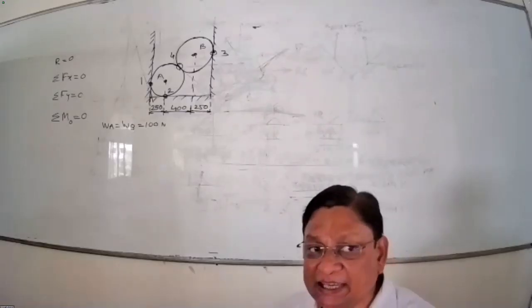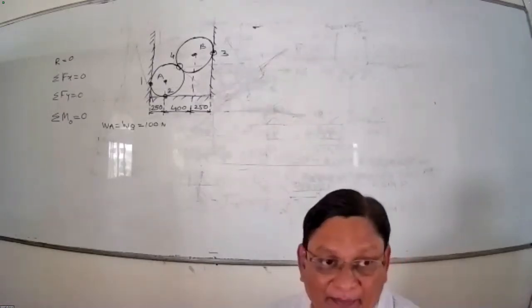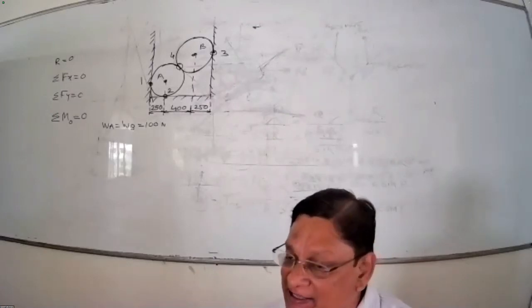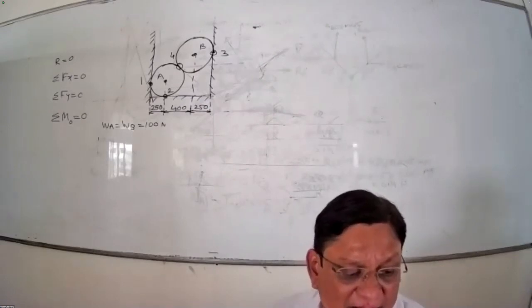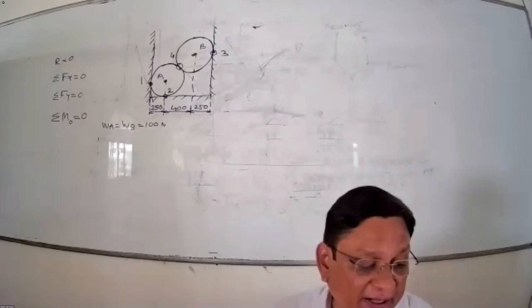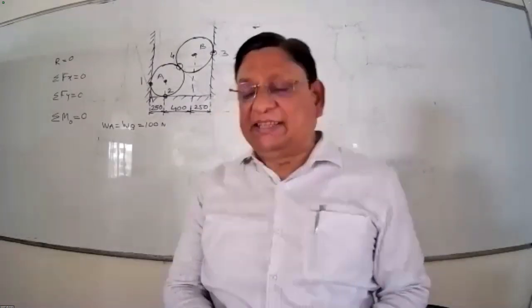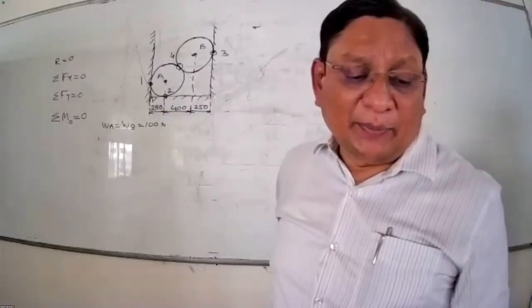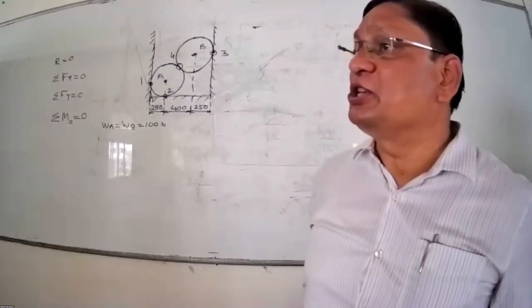Yes, sir. I will read the question for you. You will see this numerical in 80% of the question papers, with the values and angles changed. The numerical is like this: two smooth cylinders of weight 100 Newton and radius 250 millimeter are kept in a horizontal channel of width 900 millimeter. Determine the reactions at contact surfaces assuming all contact surfaces to be smooth.